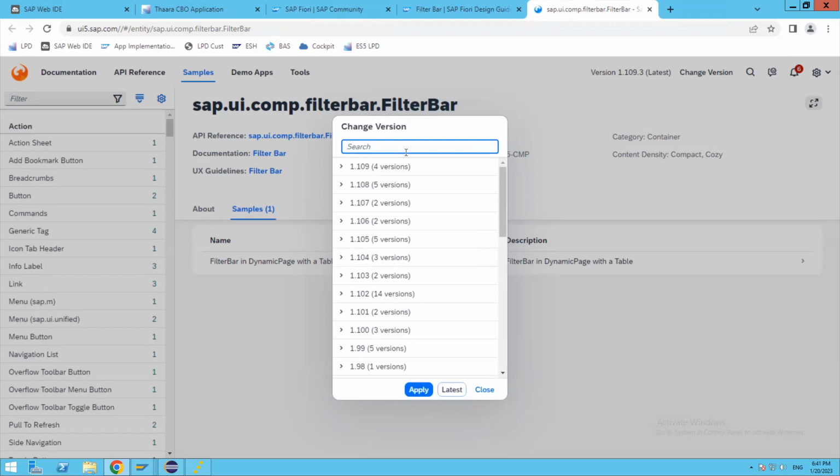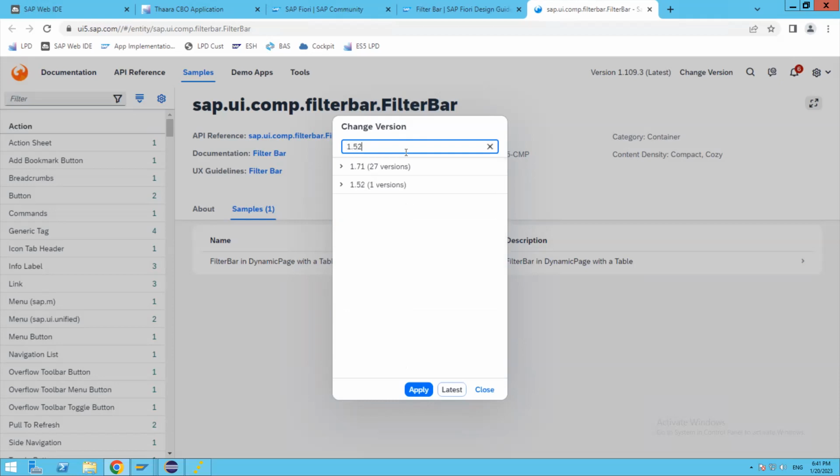So each time you make changes, you will need to deploy to your system and test your application there. If you want to avoid that, just pick the 1.52 version, whatever is available. In 1.52, you can check what is available, up to which extent